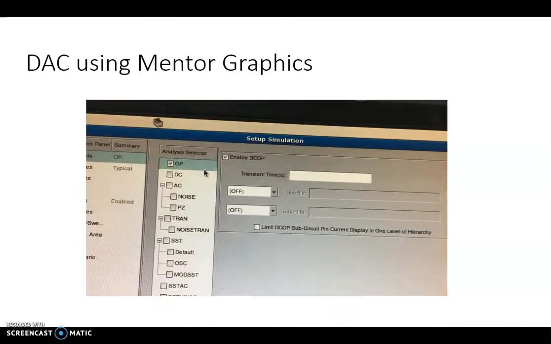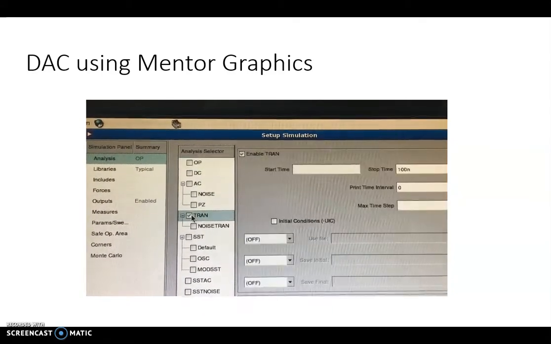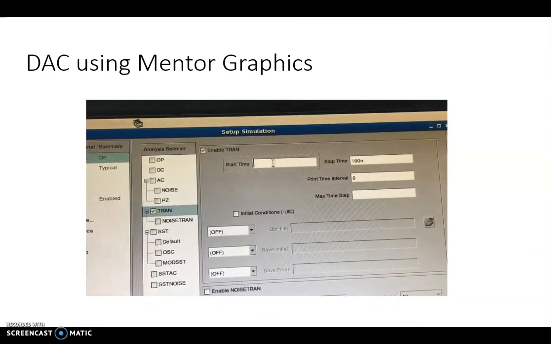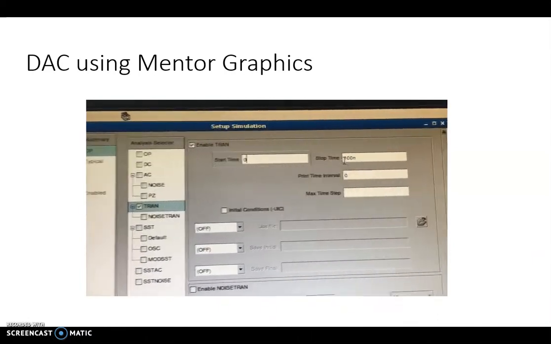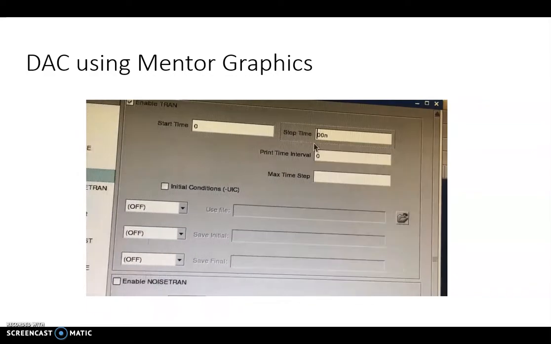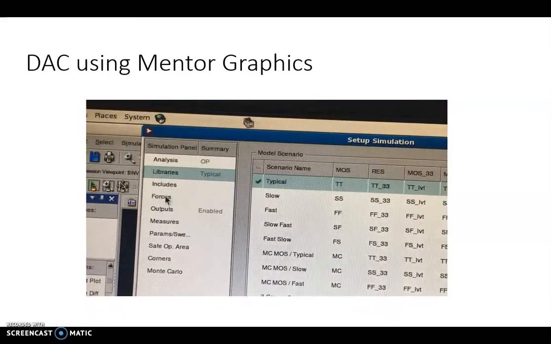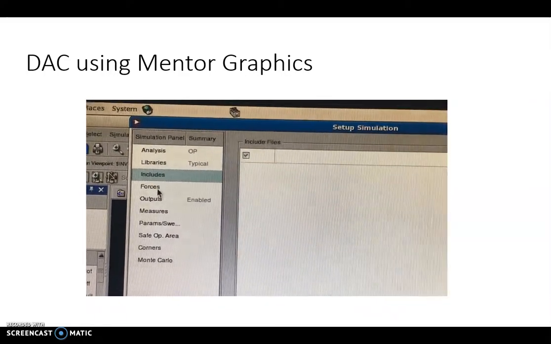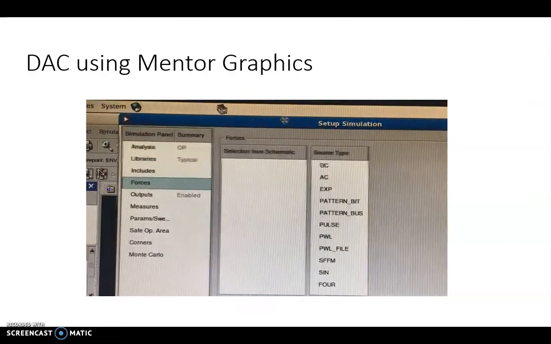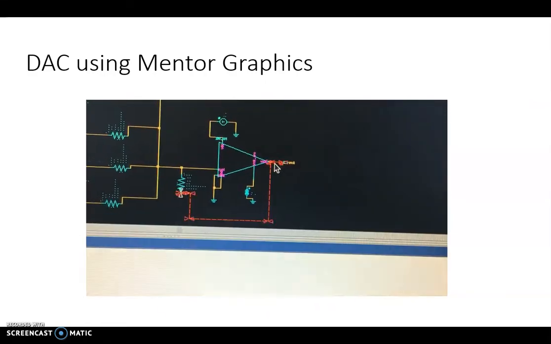Here we will be doing transient analysis, so disable operating point analysis, take transient analysis, and simulate it for 0 to say 600 nanoseconds. Here the pulse width taken was 50 nanoseconds. So libraries include, then forces, select the output from the schematic.